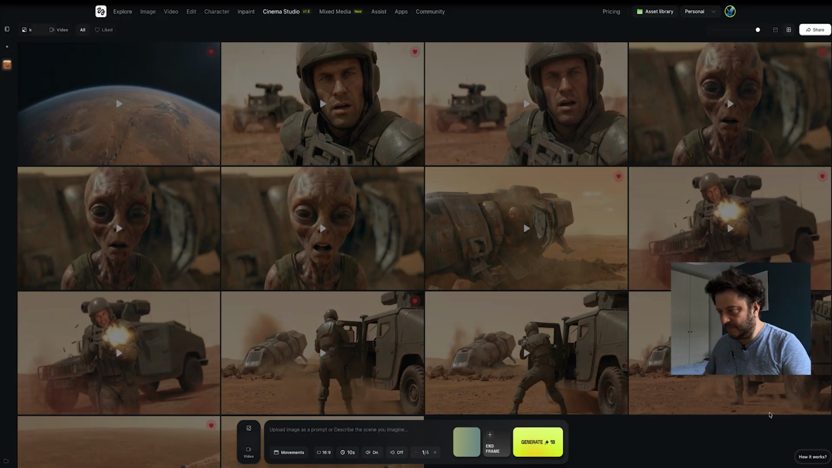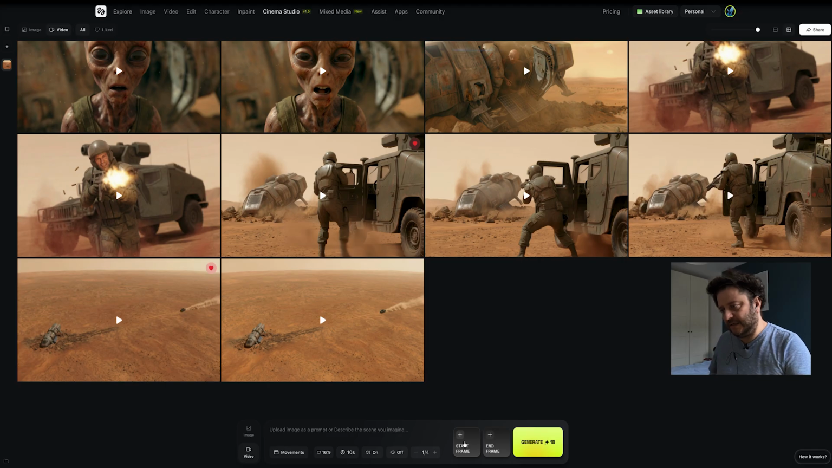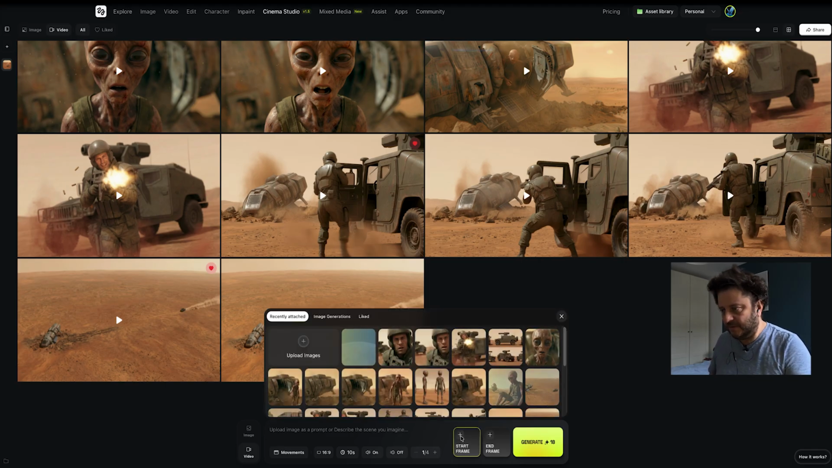So when you have an image you're happy with, you have this here, animate, and when you click on animate, that's where you can choose first frame, last frame, movements, the aspect ratio, the duration. Do you want sound or not? Do you want it slow motion or not? And how many generations do you want? What's interesting is that if you set a start frame, here you click on start frame and you can choose